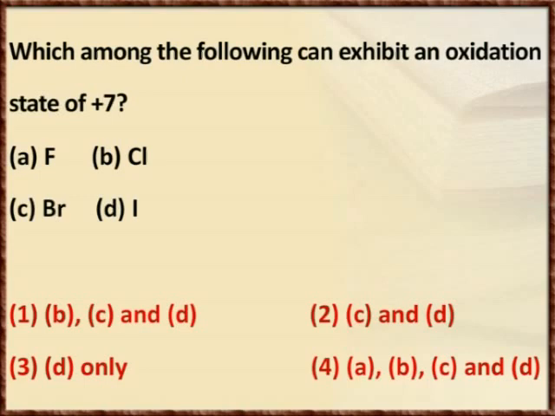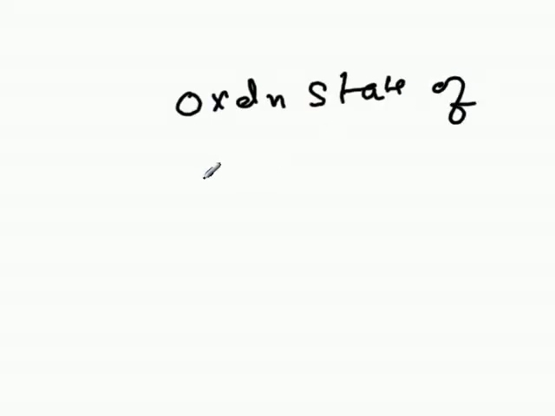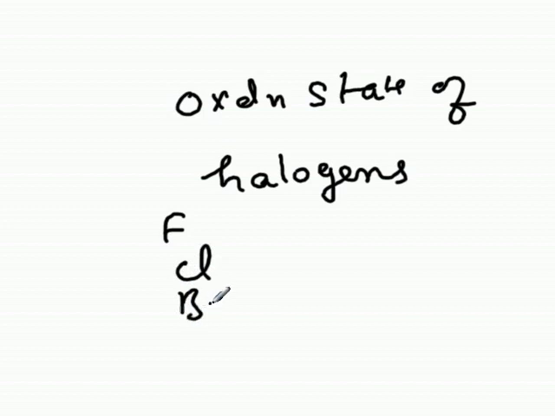Oxidation state again, which states that it can be either plus or minus. Here the question is asking you to find the oxidation states for halogens. So let us consider the halogens: fluorine, chlorine, bromine and iodine. Fluorine always exhibits -1 only because it has only K and L shells, and s and p only, so it cannot exhibit higher states. Whereas chlorine can exhibit -1,